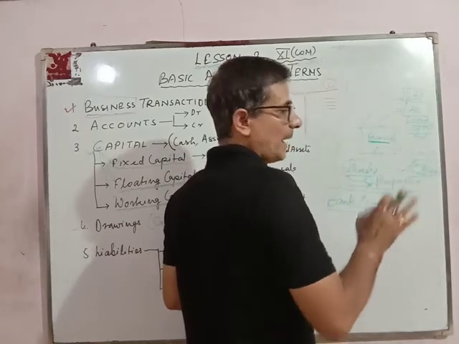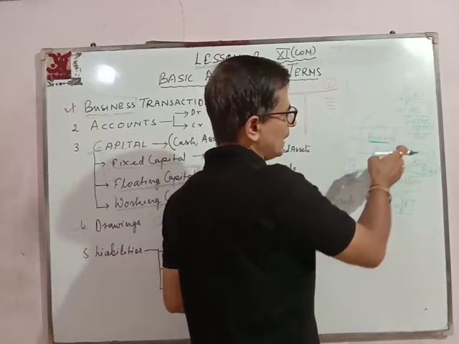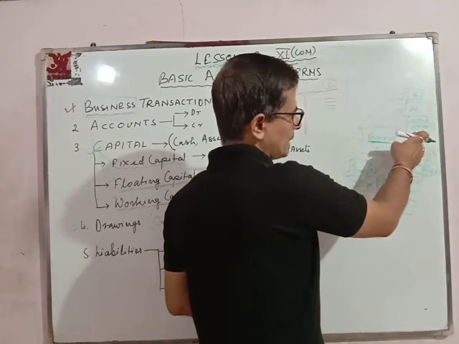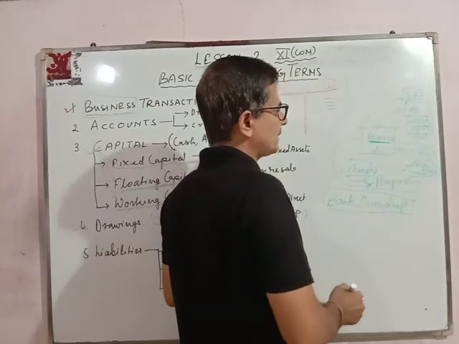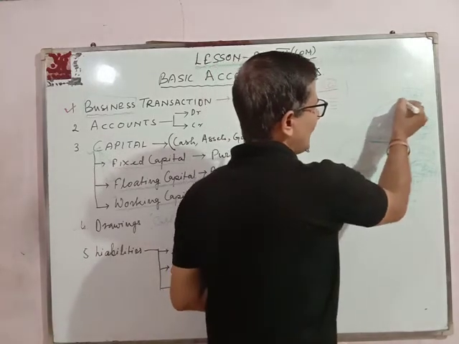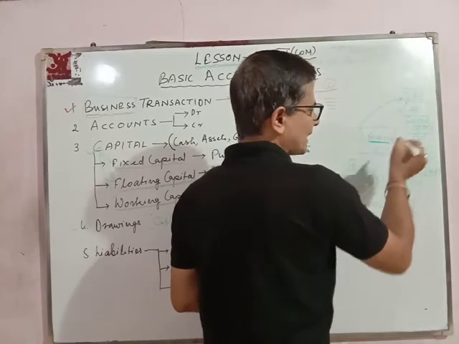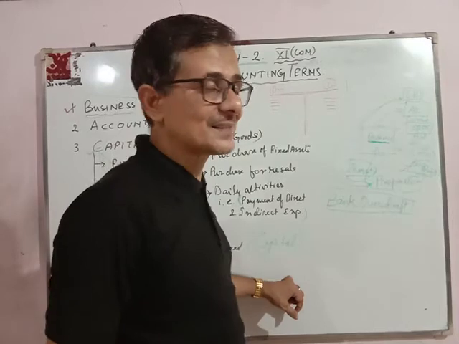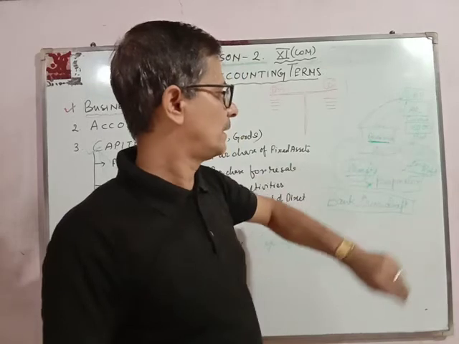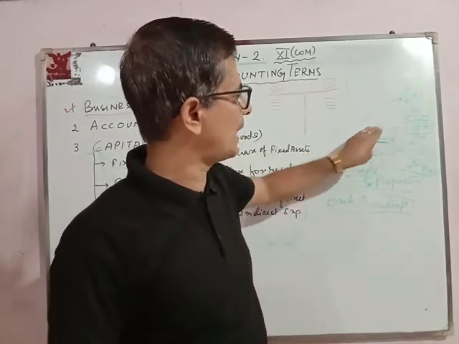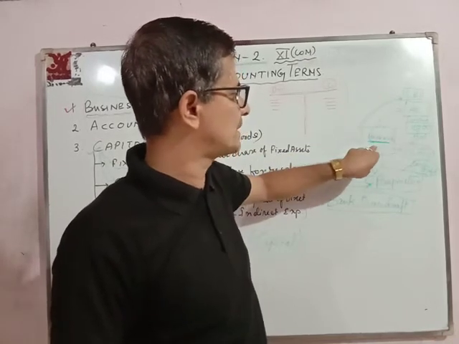Suppose he forgot. He might have forgotten because a businessman is very busy with his business. So he forgot that in his account there is a balance of 10,000, but he issued a check of 12,000. Now what will the bank do? Since he has a very good relationship with the bank, this type of check generally does not get bounced or cancelled by the bank, even though he doesn't have a sufficient amount in the bank account. So what happens, due to the very good relationship, the SBI bank manager will inform the business owner, the proprietor,